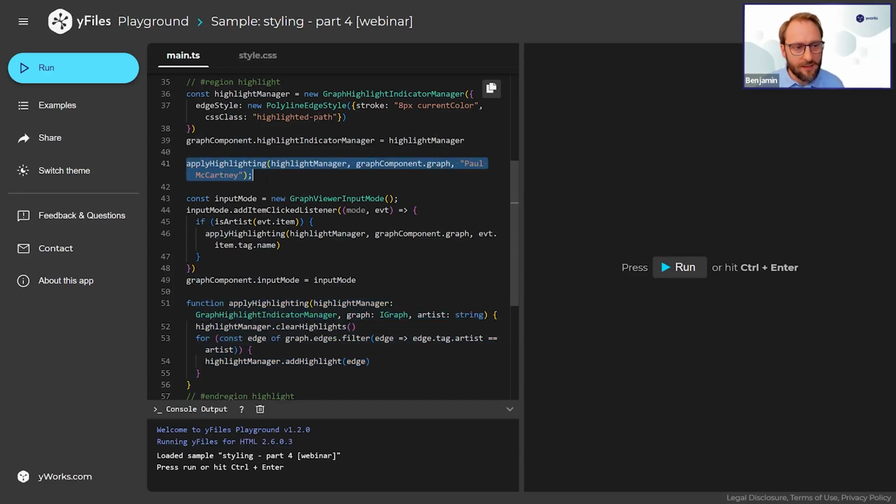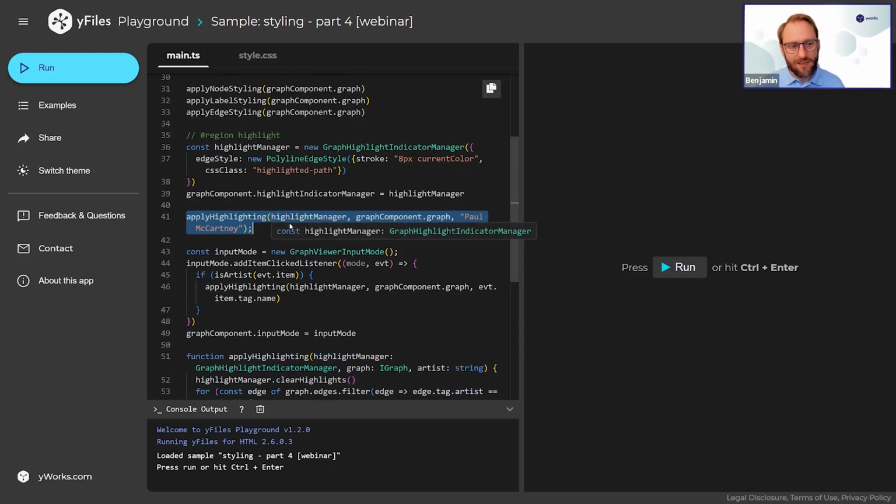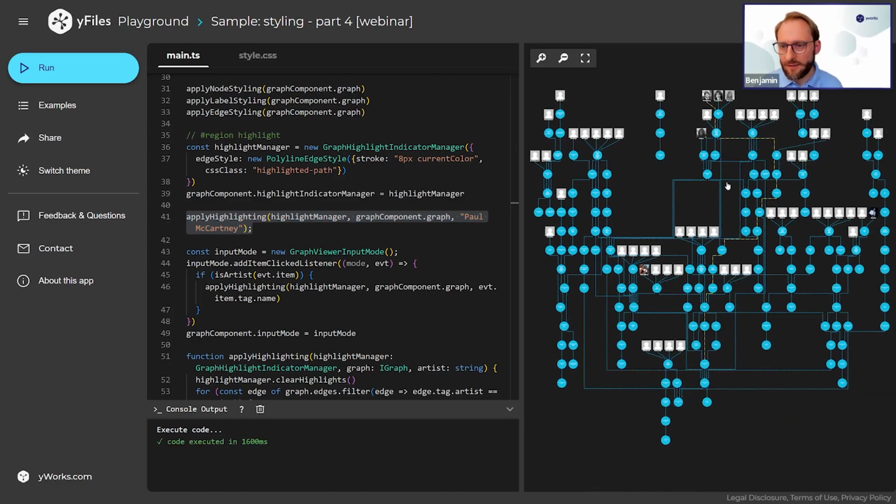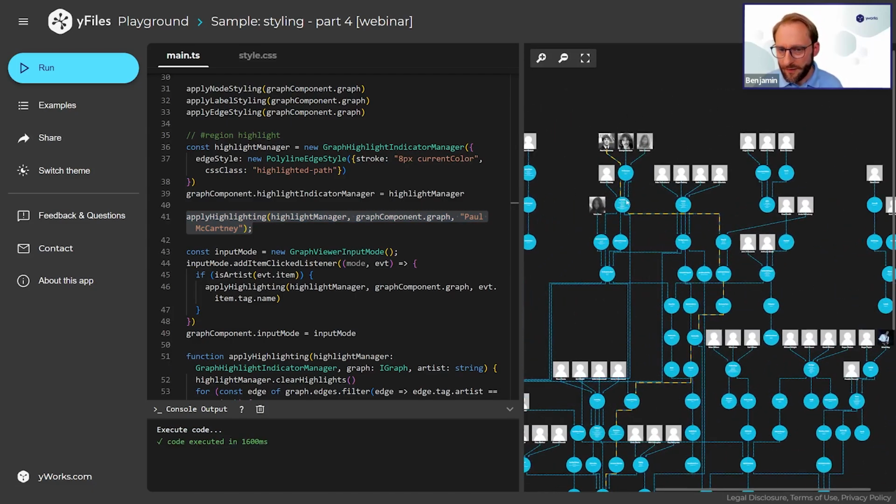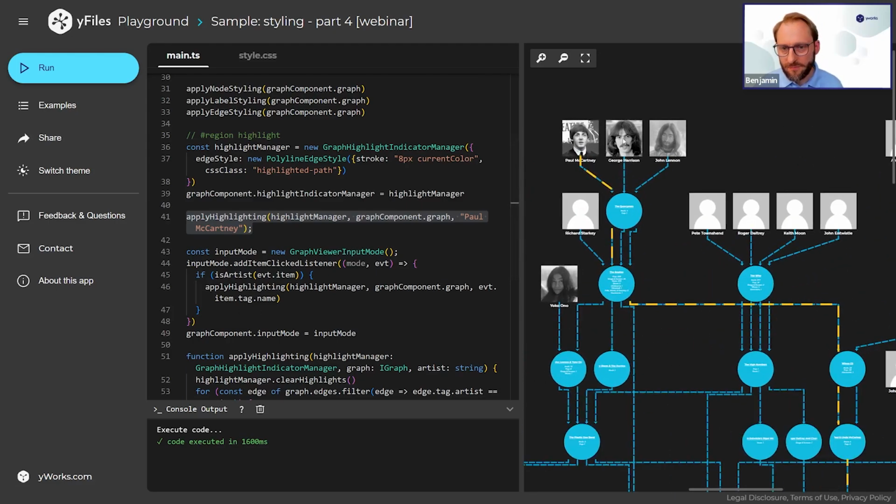And here at this point, I say, okay, I would like to apply the highlighting on the artist Paul McCartney. And this gives you here this yellow highlighting. And as you have noticed before, probably you can also click on these artists here, and then the highlighting is changed. And this is done basically here